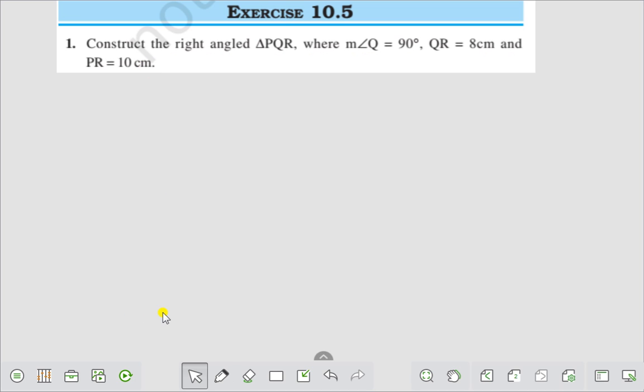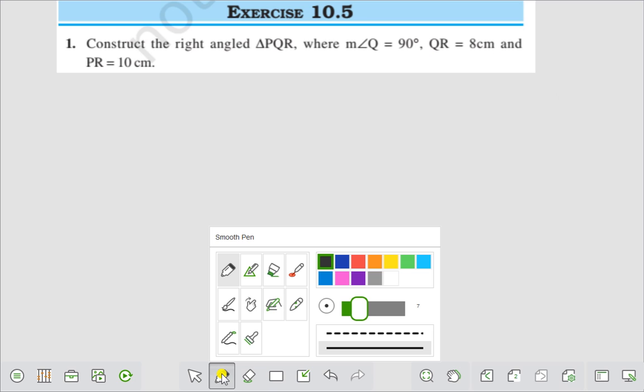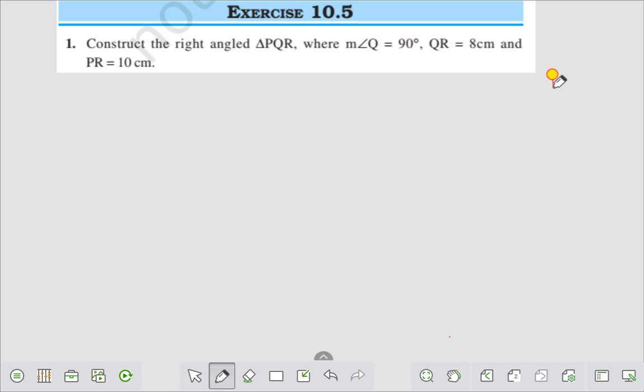First of all, we will draw a rough idea. Draw a right angle triangle to get a rough idea of this triangle. For example, this is a right angle triangle. Suppose this is a right angle triangle